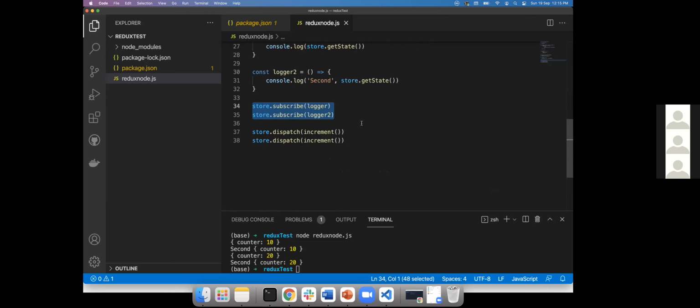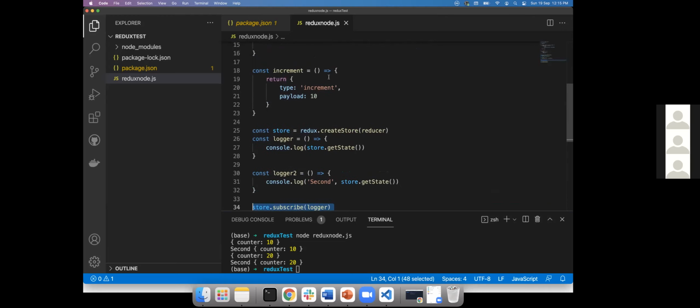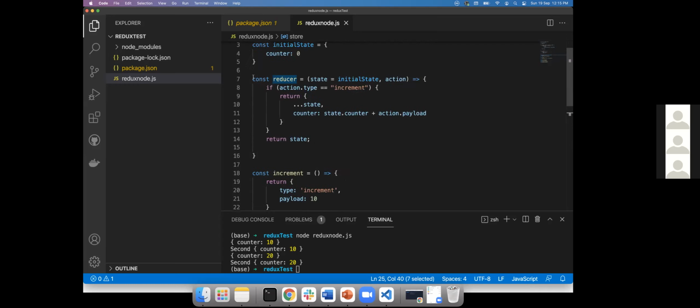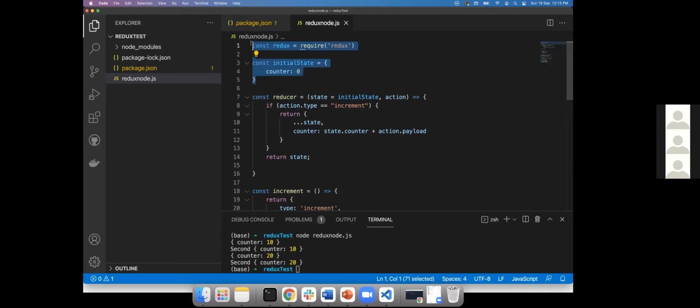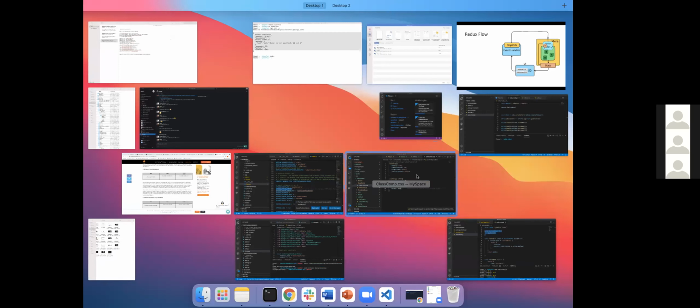So what you have to understand first is that a Redux store can be created using the createStore method. Inside the store, you have to pass a reducer. The reducer is again a function that will hold your initial state, or you can keep the initial state in a different file also. So now, as I said, let me refactor this code into another file.